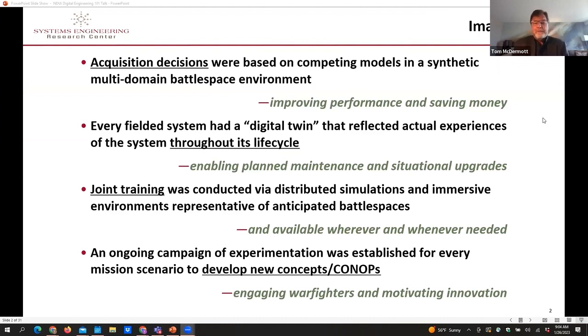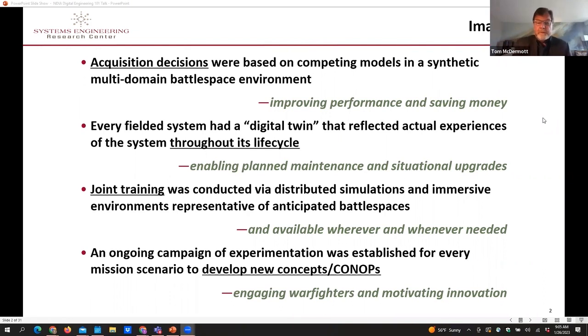So up front, thinking out in the future, imagine if we made our acquisition decisions and our high-level design choices based on looking at models that people produced in synthetic environments. So we were able to fly an airplane in a synthetic environment to understand its performance up front, ideally saving money. And imagine if those models existed through the life cycle, so that any system that we have has this digital twin that's maintained and exchanging data over the life cycle, so we can enable better maintenance and upgrades.